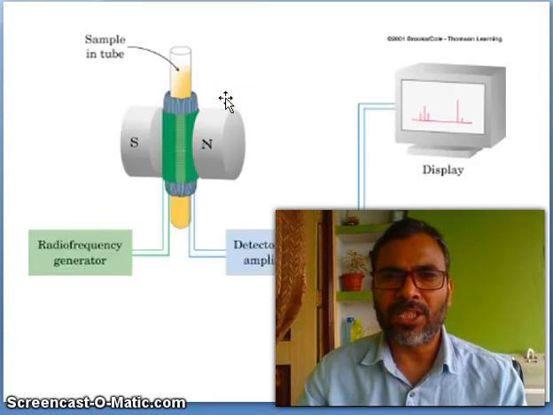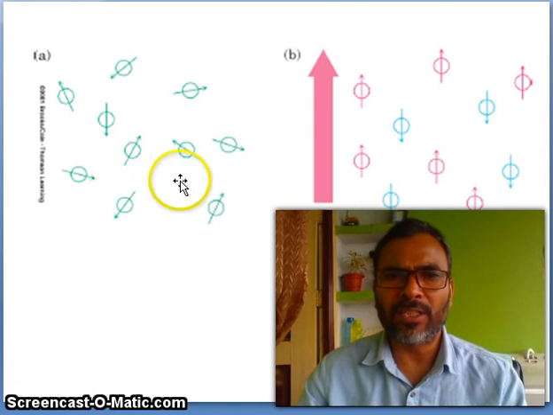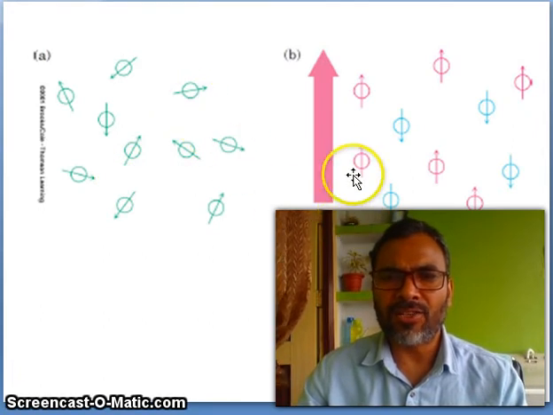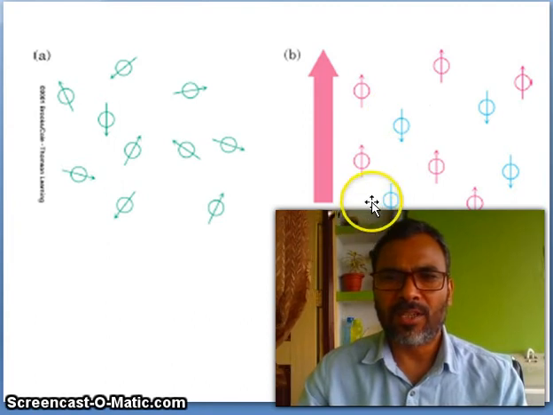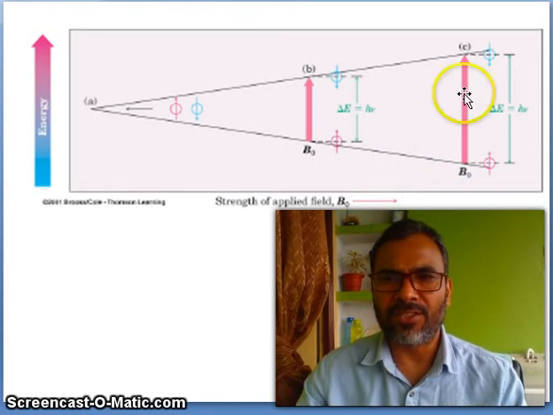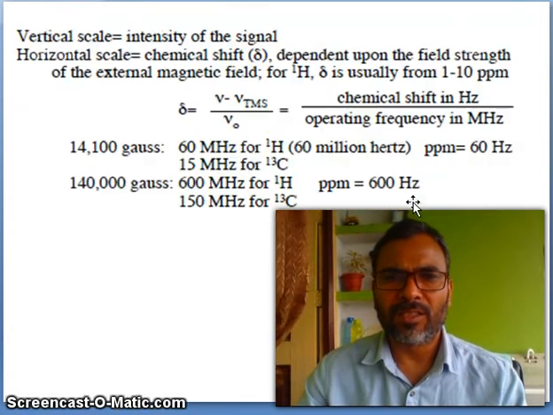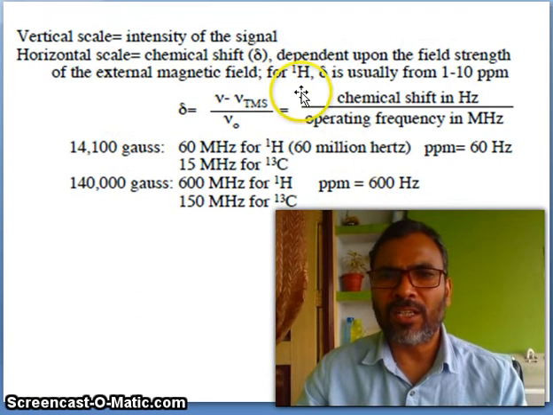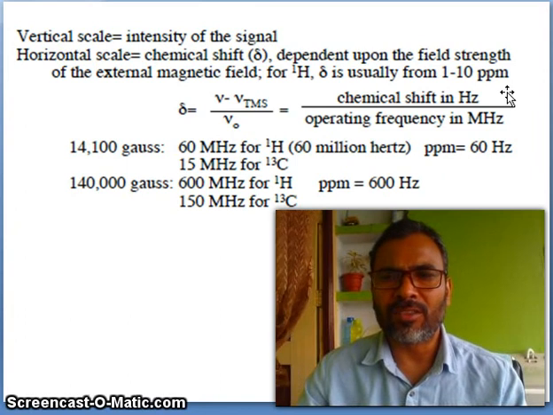You see, randomly oriented nuclei, after applying the external magnetic field, some align, some oppose, and they create an energy difference. So for proton NMR, delta is usually from 1 to 10 ppm,